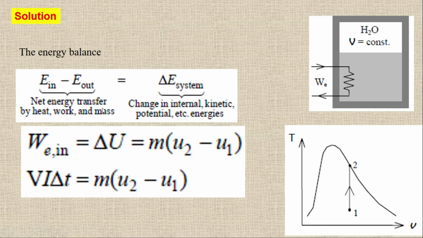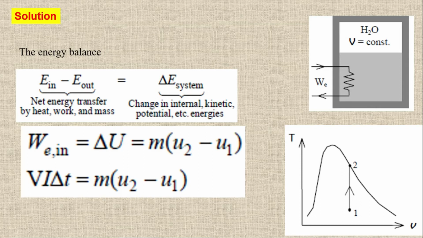So you can write it like this: electric work equal to delta U, and I can write this as M times (U2 minus U1), while this electric work is equal to VI delta T. Voltage is given, I is given. We don't know delta T, so we have to find the time required. The mass is given, which is 5 kg, and we don't know U1 and U2. We simply have to find U1 and U2, put them in this equation, and you will get the time required. So it's simple, we just have to find the values of U1 and U2.